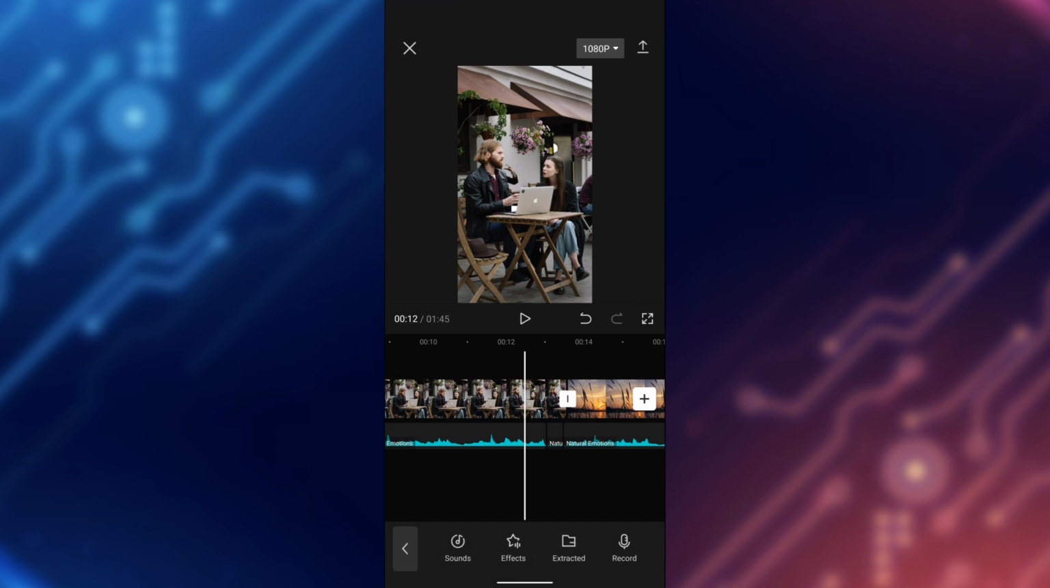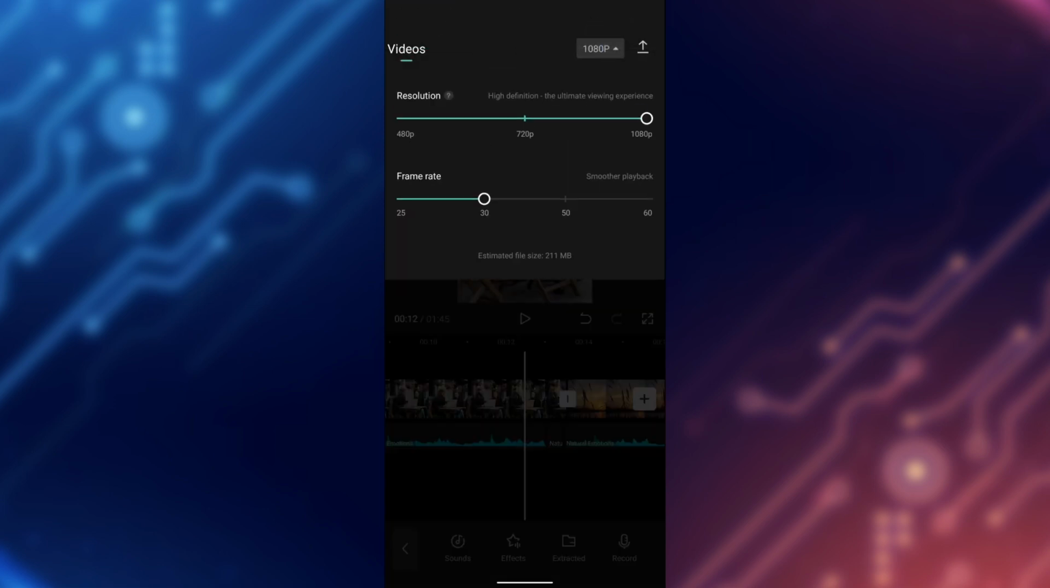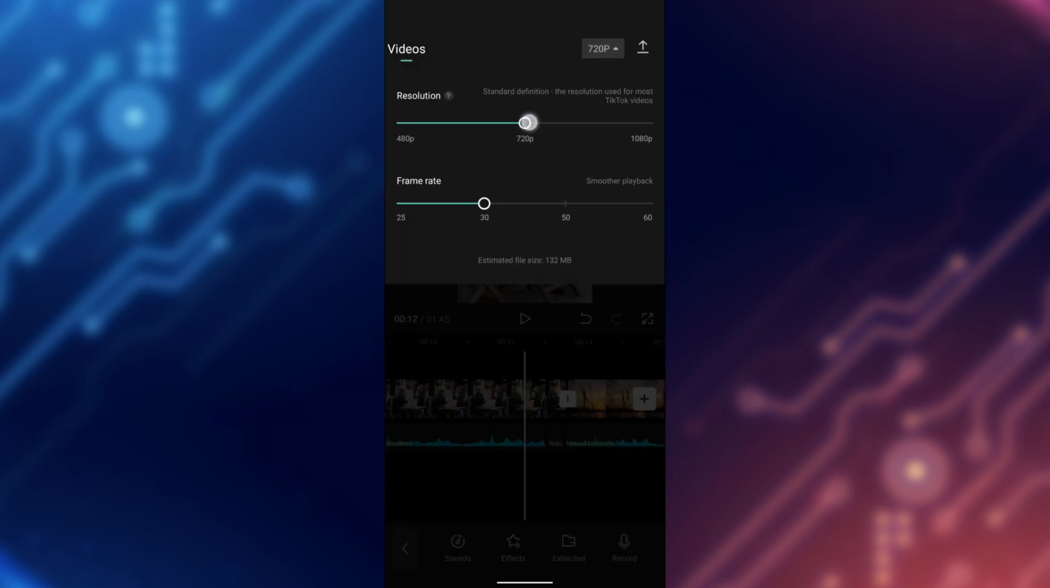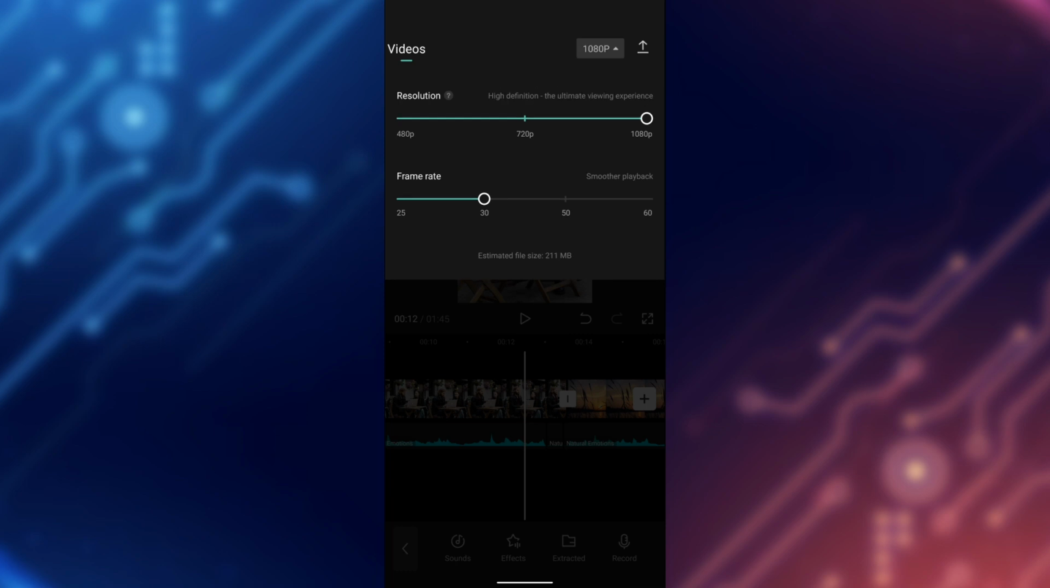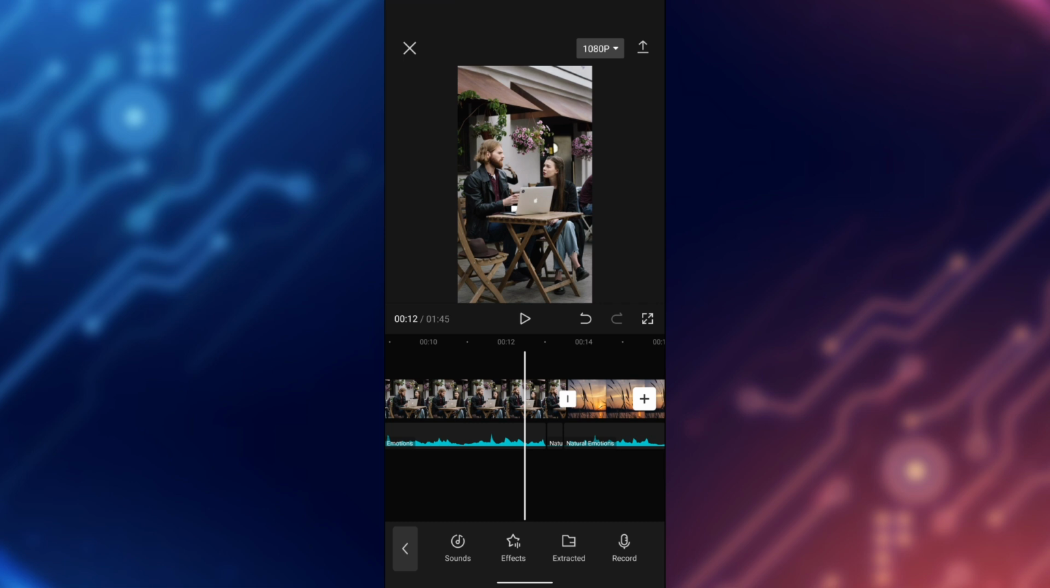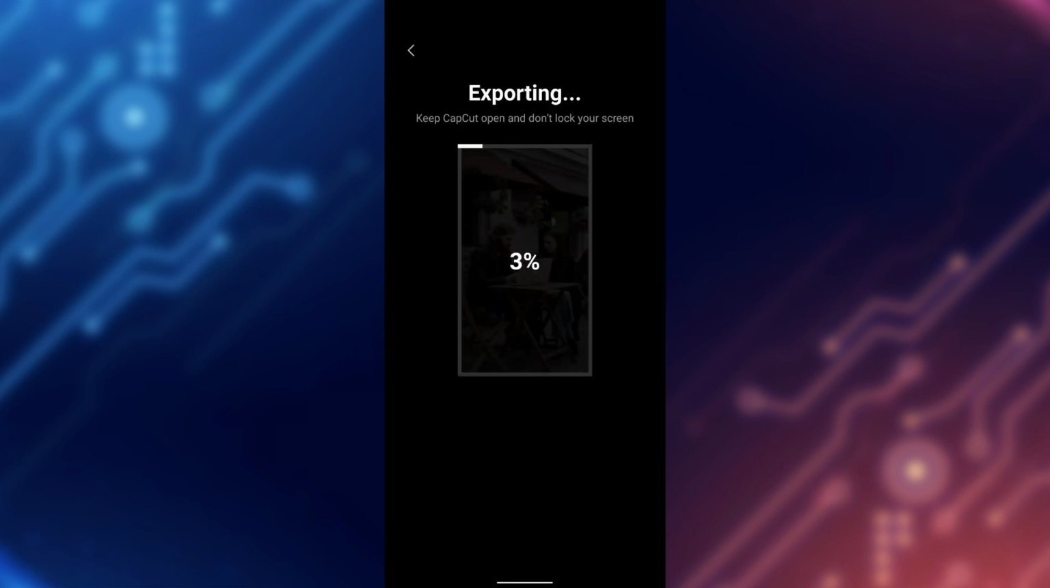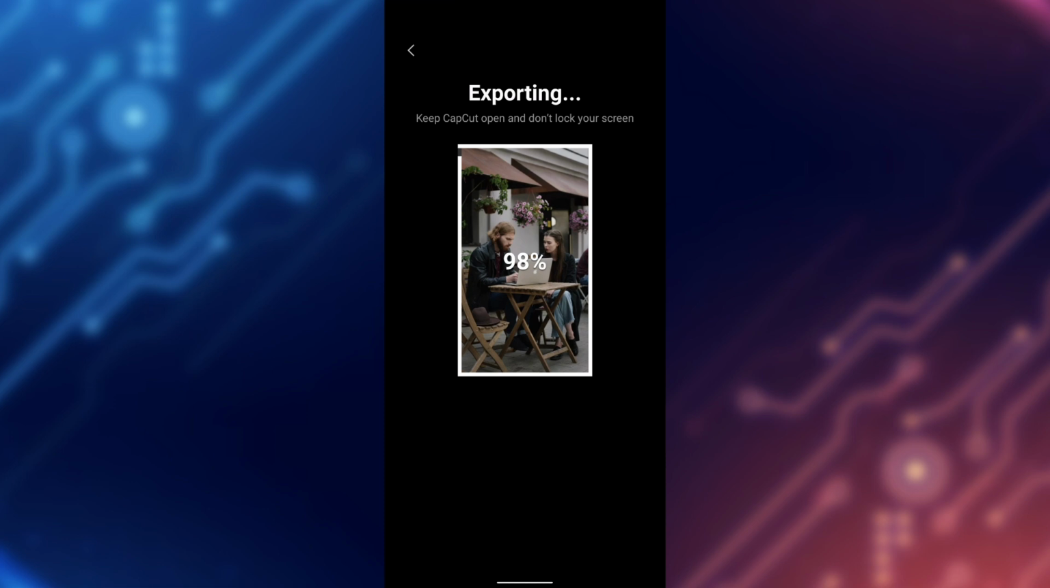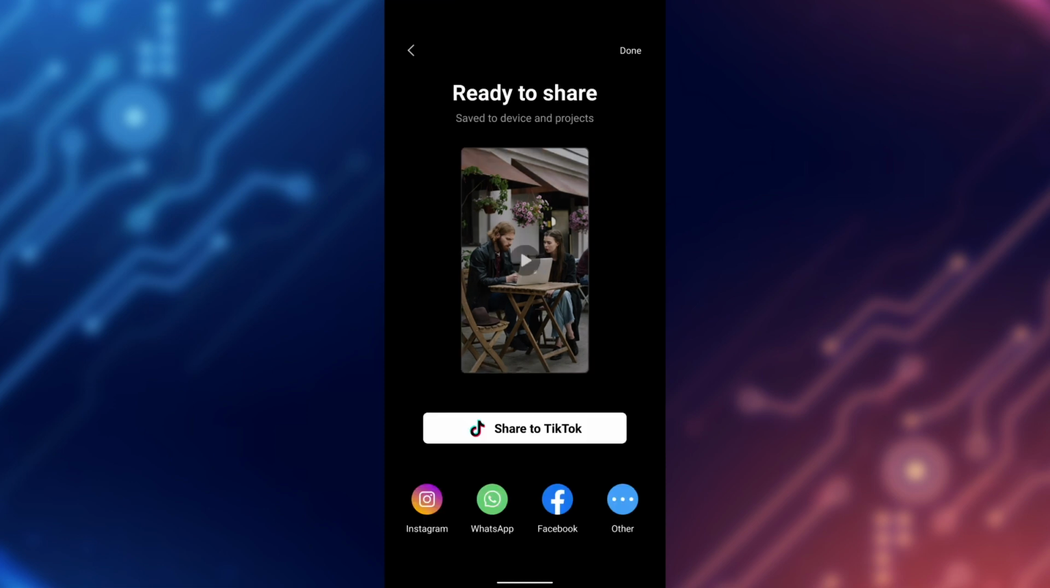Once you're happy with your video, it's time to export it and share it. Right beside the export option, you can choose the video quality. You can use the 1080 or the 720, or you can also choose the frame rates of this one. Once you're done with this, just click on this export icon. Here it will take some time to export the video. Once it is exported, you can share it directly from CapCut to social media platforms, for example Instagram, TikTok and